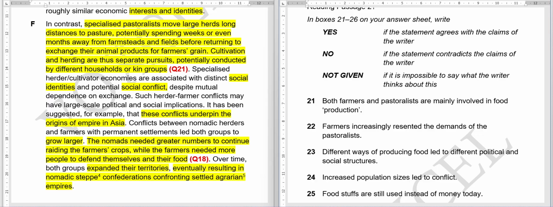Okay, time's up, and our answer to this question is no. I hope you arrived at the correct answer. Why is it no? Because they are clearly saying that nomads, pastoralists, went away from their fields. Here it is written, they spent weeks or even months away from their fields before returning to exchange animal products. So they basically depended on animal products. For what kind of thing? For farmers, grain. So they are separate pursuits. So basically, they are not the same thing. I hope it is clear. So let me do this. We don't even need this particular thing. Yeah, from here you can easily